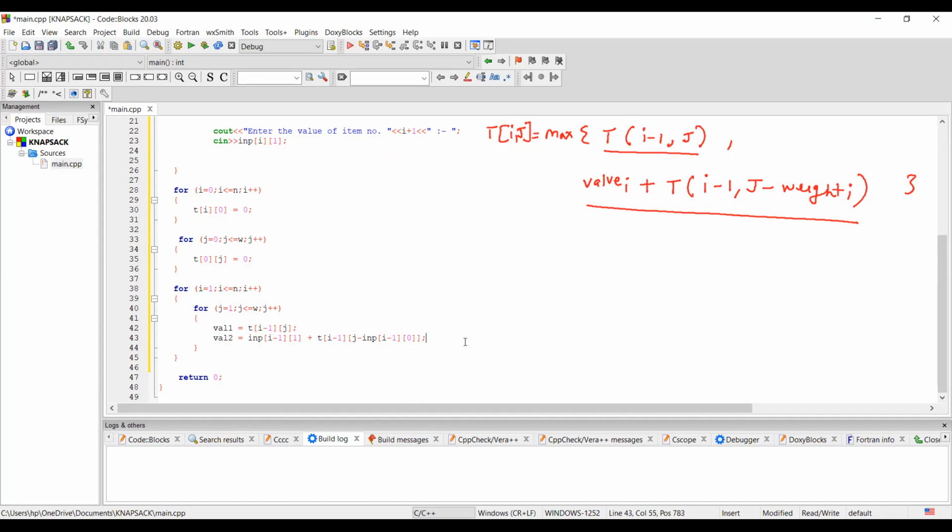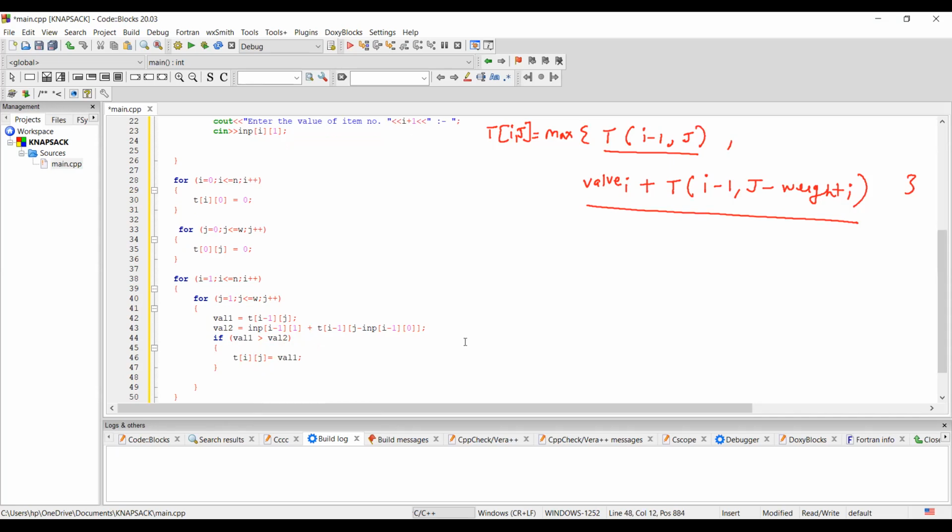तो जब हमने value 1 और value 2 को compute कर लिया है, we will check which one is maximum. So that means how to check which one is maximum? If value 1 is greater than value 2, अगर value 1 आपकी value 2 से greater है, then your t of ij becomes value 1.